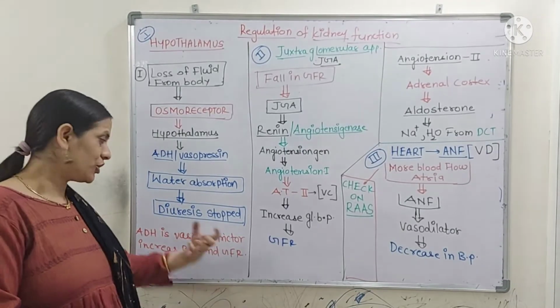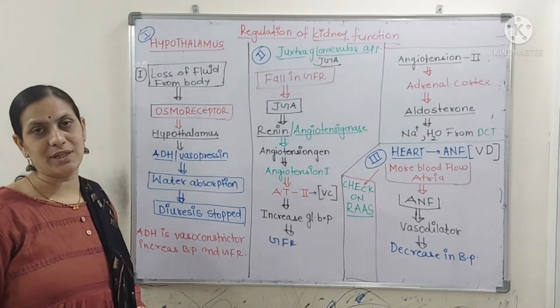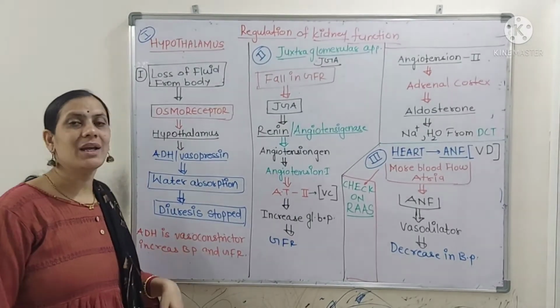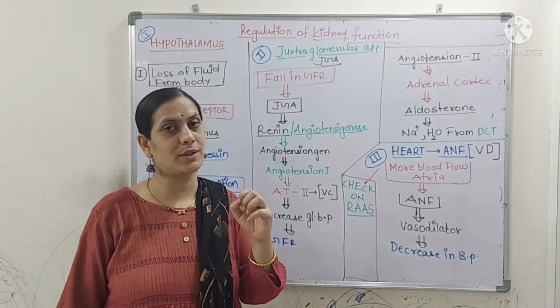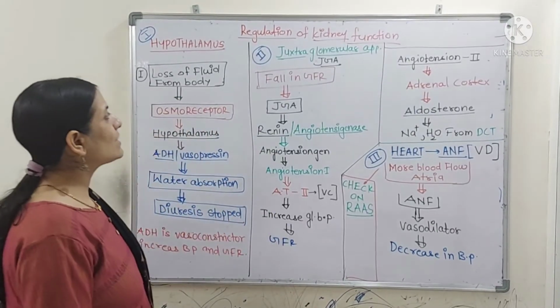ADH is a vasoconstrictor, and it helps to increase the blood pressure, thereby increasing the glomerular filtration rate also. So you can remember ADH is a vasoconstrictor. Okay, now the second mechanism,